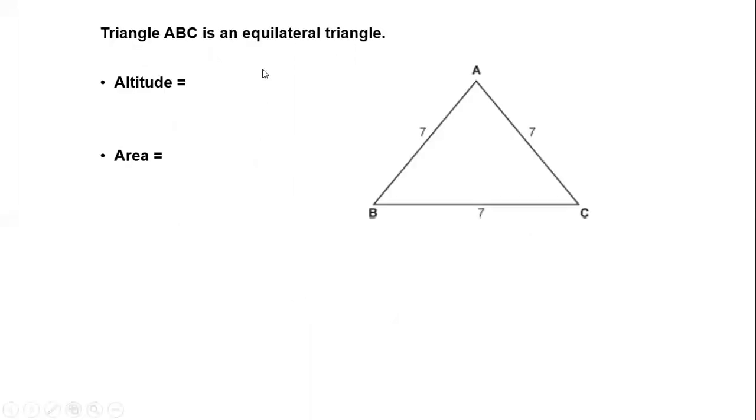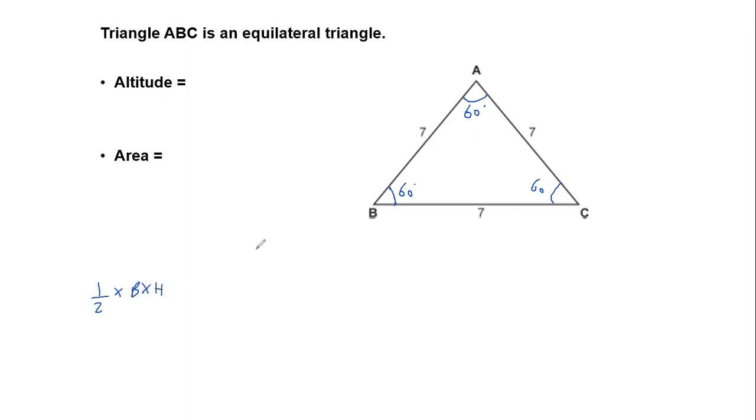Now we have to really know the formula for equilateral triangle. I believe everyone is aware of equilateral triangle where the angles are 60 degrees. So all the angles are equal, and of course, all the sides will also be equal. So this is a special equilateral triangle. Now I should be directly aware of the area of an equilateral triangle and the height, altitude, or you can say height, same thing. Now generally the area is half into base into height. That's how we figure out the area of an equilateral triangle.